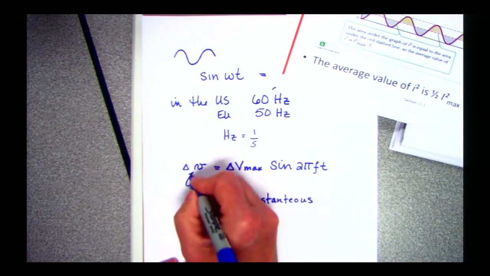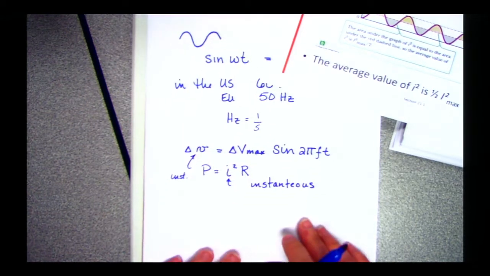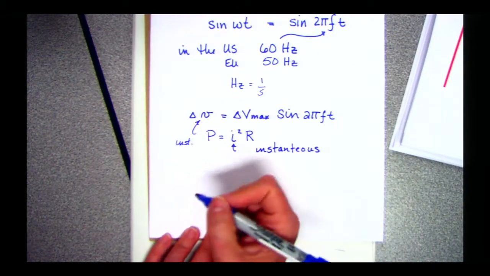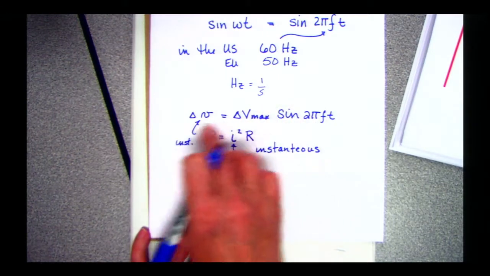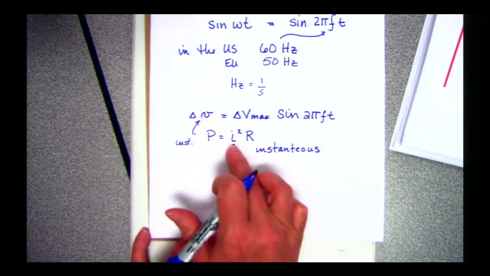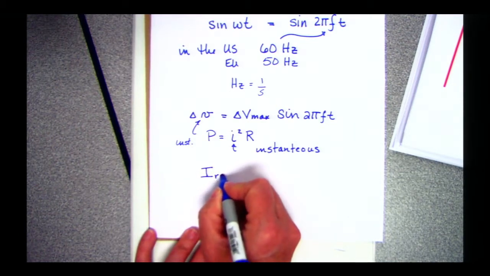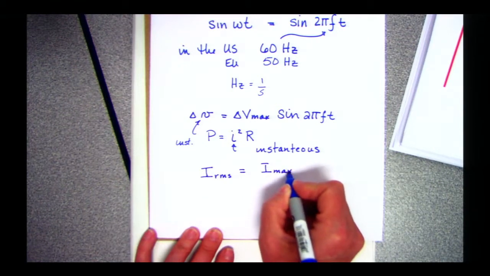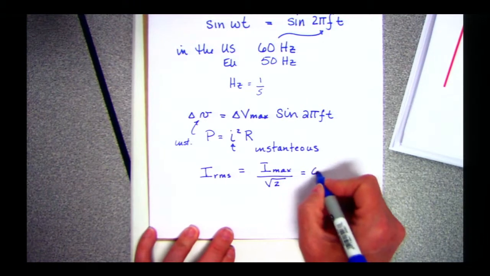And we're going to use that script V for instantaneous. And we want to end up looking at the RMS value. So to look at that average, basically we need to think of it as, because these things are going to happen quickly, we don't monitor these instantaneous things, we monitor the averages, and that average works out to be the root mean square. The RMS current is going to be my I max divided by the square root of 2, or it's going to end up being 0.707